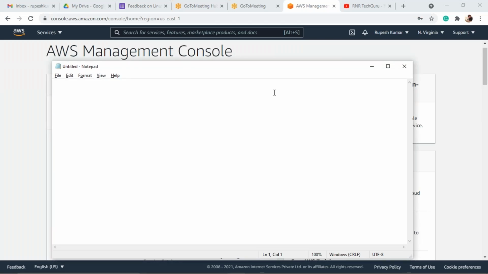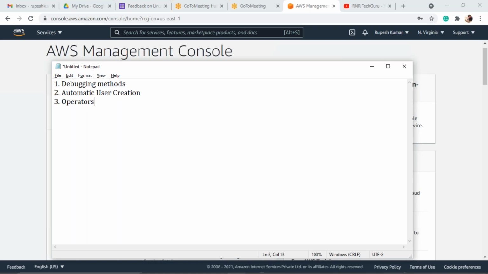So in this session, we will discuss debugging methods, automatic password creation, automatic user creation, and operators.